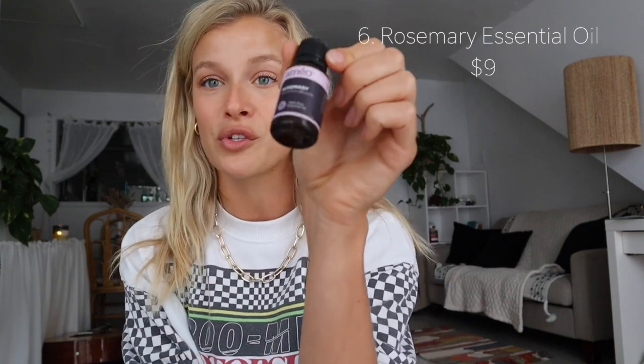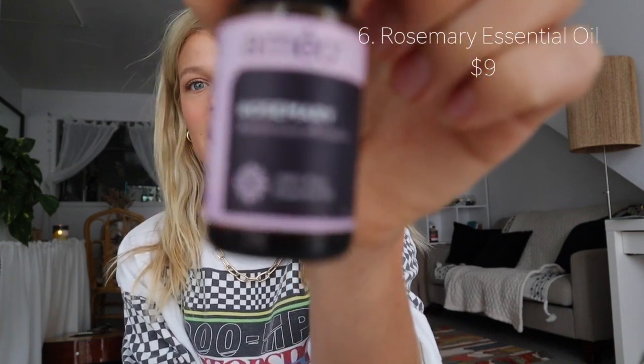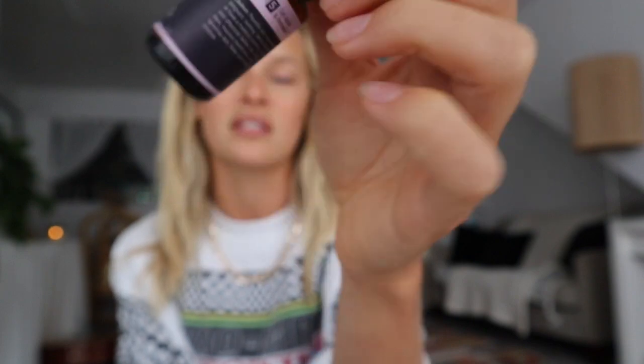You can wear a hat, you can do whatever, but leave it in as long as possible. Overnight is also okay if your hair can handle it. In my shampoo, sometimes I will add rosemary oil. This is from Omeo and it is just an essential oil, and I'll use a drop or two with my shampoo, and it's really good for your scalp and your hair